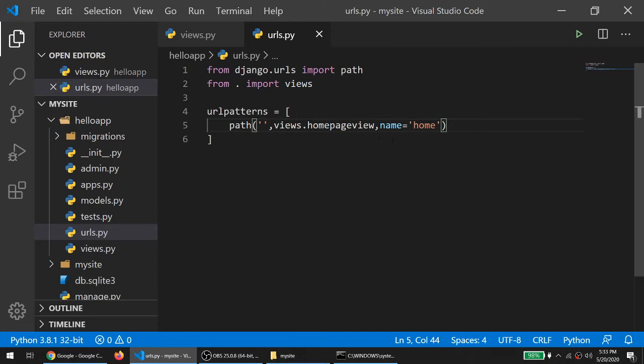Okay, so let's say for example, this is my urlpatterns. The urlpatterns by default is considered as a root directory, and whenever the URL root is fired, it will load the views homepage_view, and the name will be home. So now what you have to do is inform our project. My project name is,